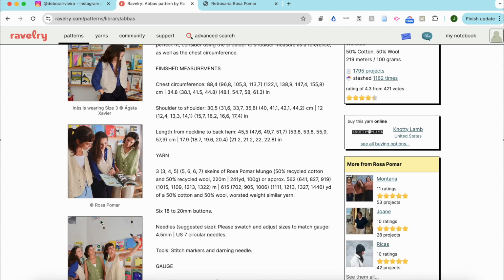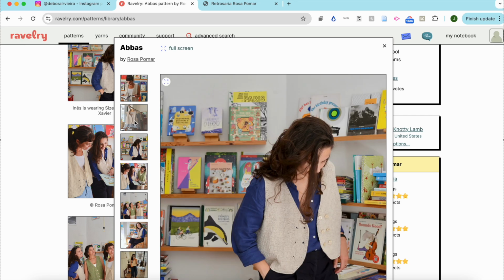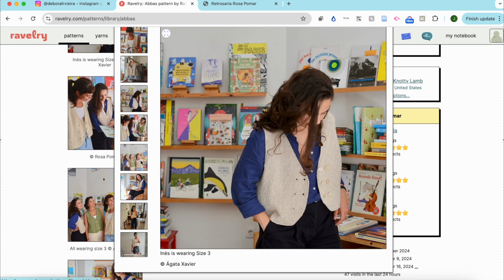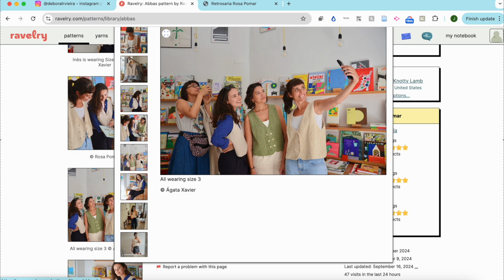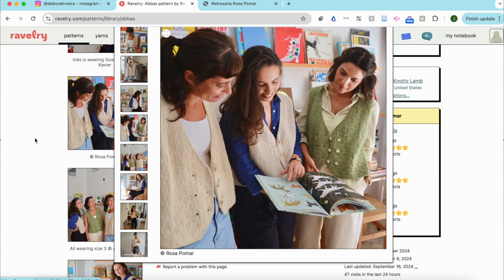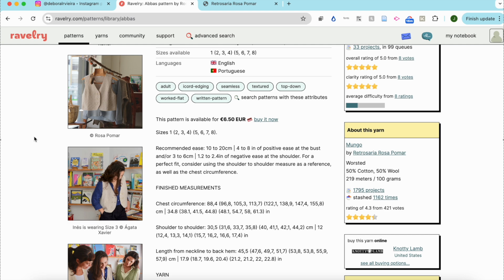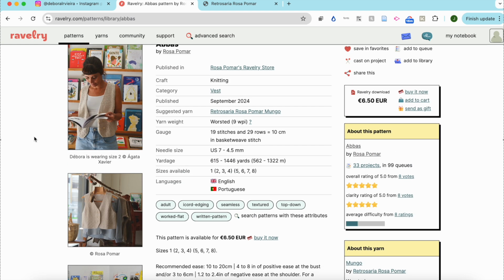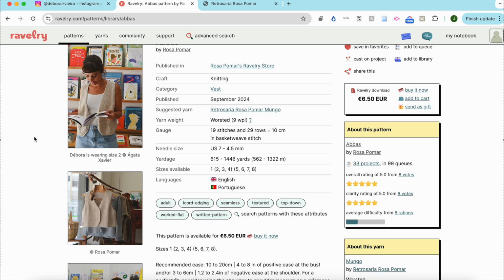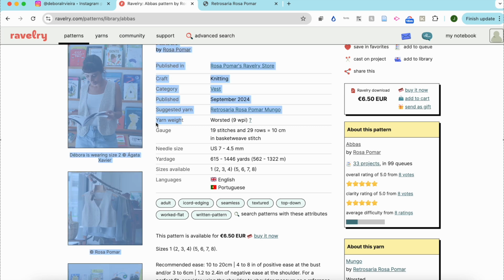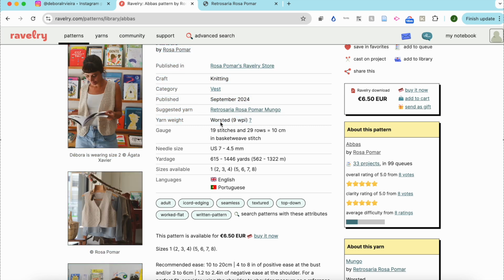You have some pictures here. So let's open this picture, and it's a really beautiful pattern, and that's what I want to make with João. But what I would have to check, so I'm not going to go through all the information again because I already used the other pattern to show you what the pattern page has. But what I'm interested in now is the yarn weight, which is worsted. So then I need to figure out what is the weight of my yarn, and it doesn't say